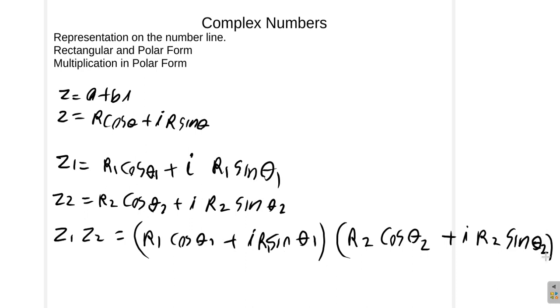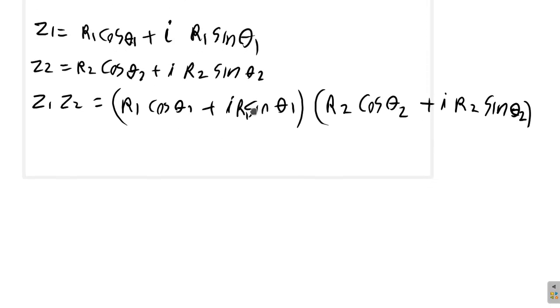Alright. So, multiply them out. What are we going to get? z1 z2 is equal to,